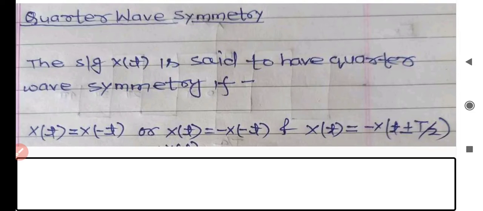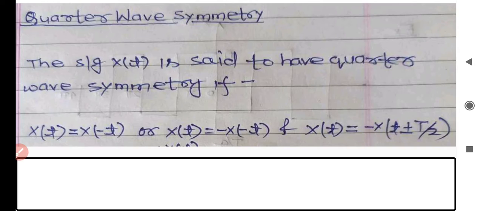In the previous few lectures, we have seen some symmetry in the given signals like even symmetry, which is called mirror symmetry, or odd symmetry. Odd symmetry is also called rotation symmetry. In the previous lecture, we have seen the half wave symmetry. Like other symmetries, there is another symmetry called quarter wave symmetry.